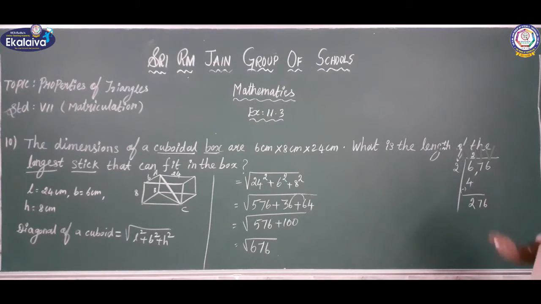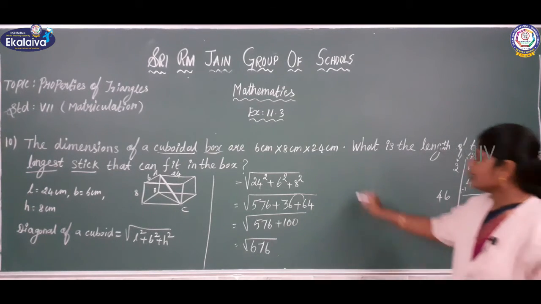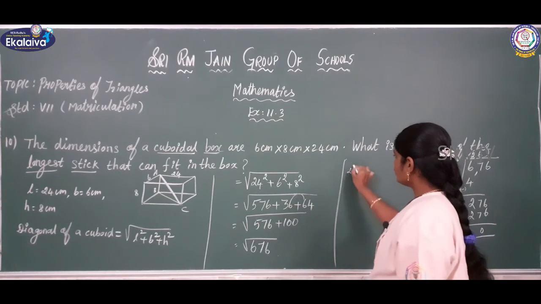After this, what do you want to do? We need to multiply the quotient with 2. 2 2s are 4. Here the number is ending with a 6, so you can check with 4 or 6 here. I am choosing 6 here. 6 6s are 36. Remaining 3. 6 4s are 24. 24 plus 3, 27. So now what are you getting? 0. So what is the answer, children? 26.